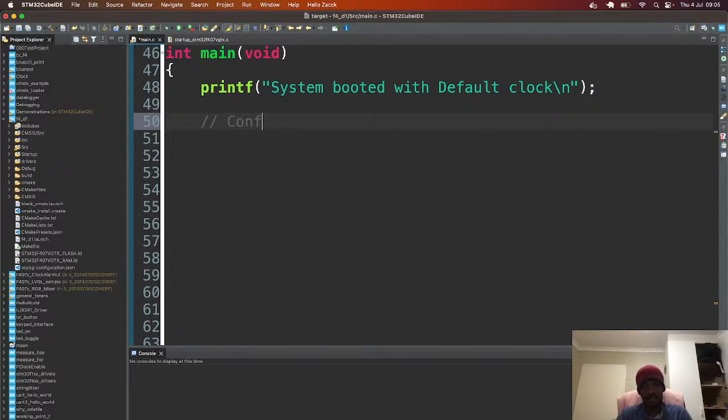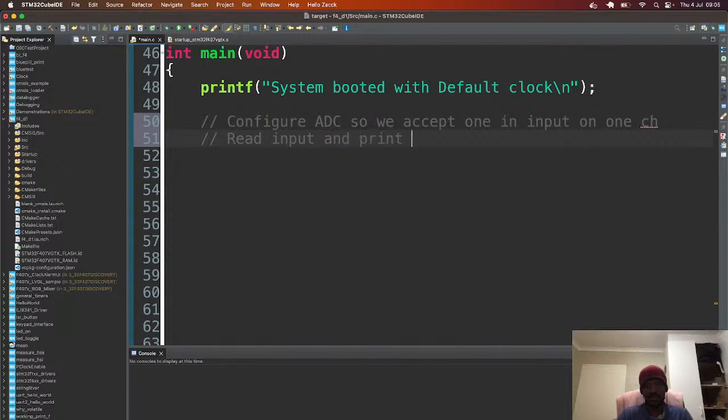Configure ADC so we accept one input on one channel, and then read input and print it, and then do floating point arithmetic on input,